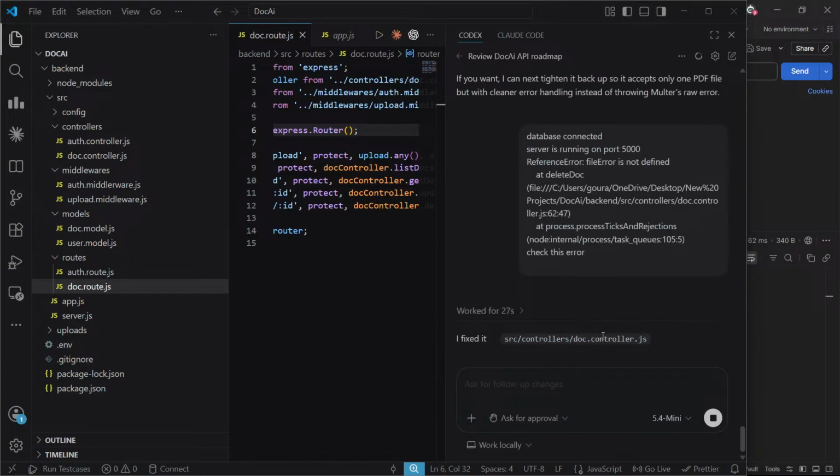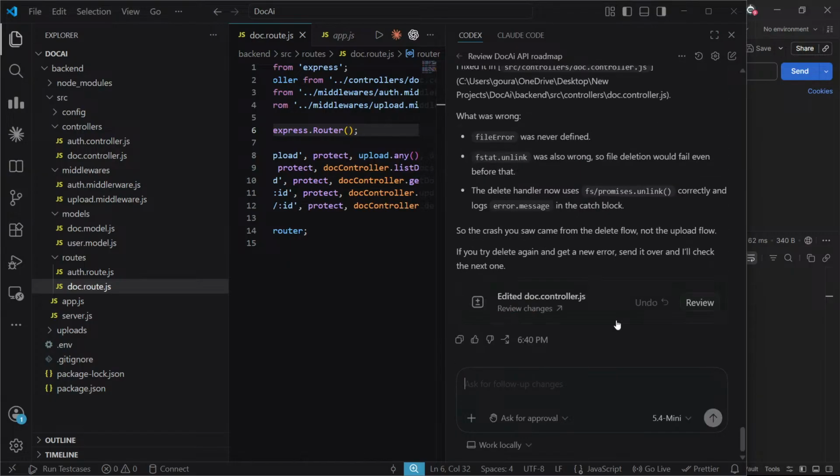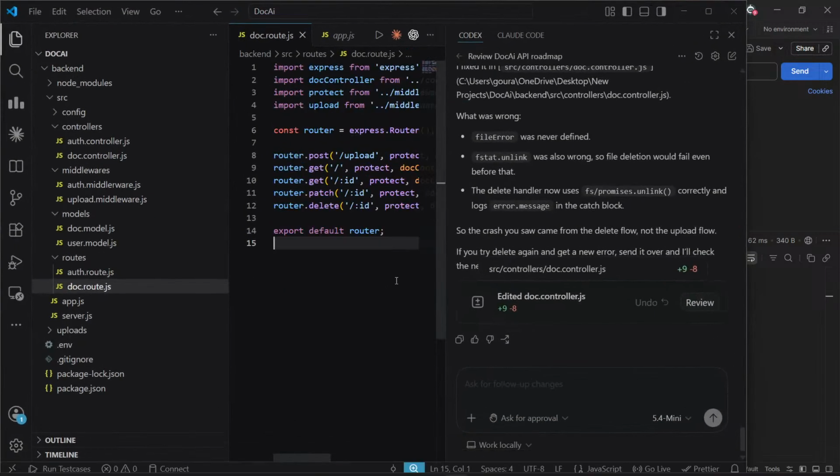Okay, that was the typo mistake. It was wrong, so the file detection is fixed. Okay, now let's try. Wait, let's restart the server first.